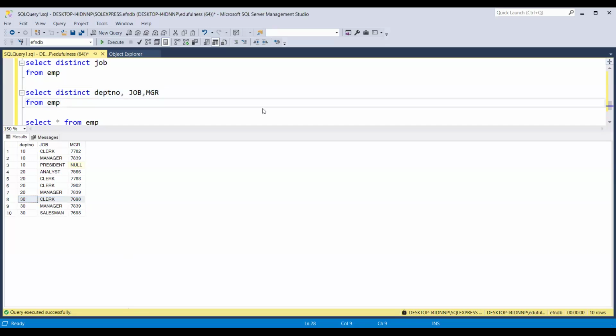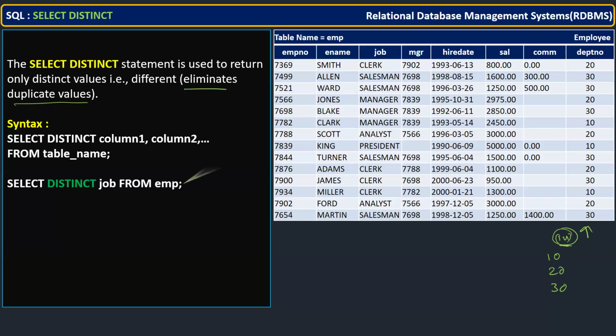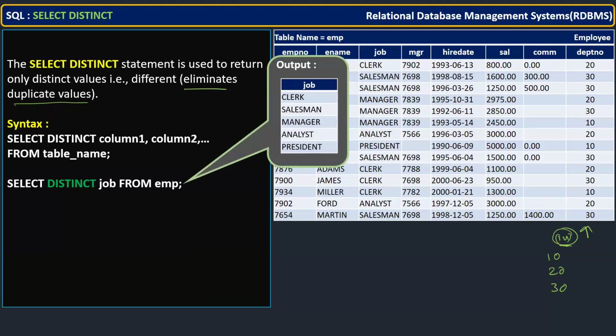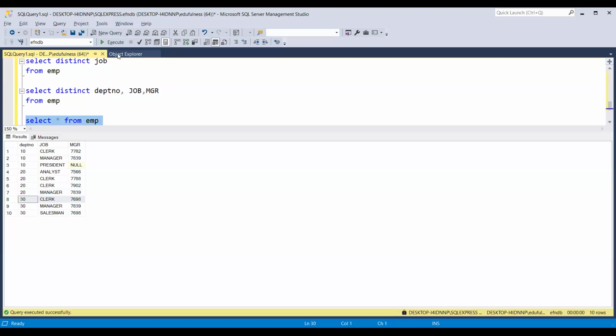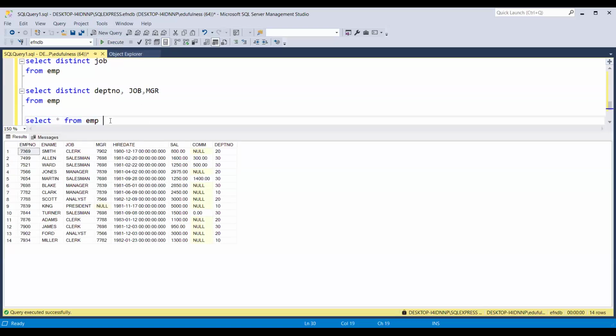Okay, now come here. That is what we discussed job wise, and here, with multiple columns, it works on the combination actually. Now here again, let us take the commission column from EMP. I am writing in a single line, you don't follow.